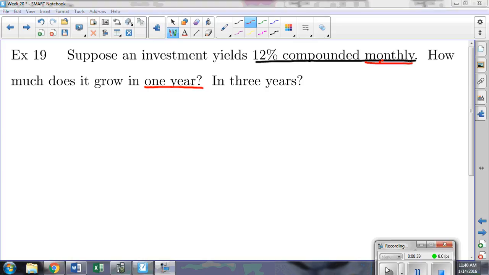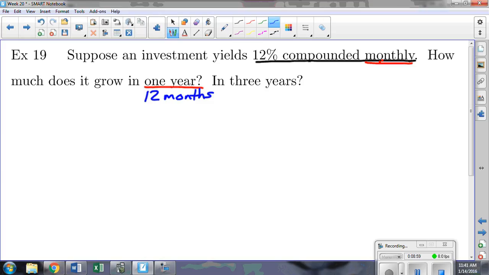Now, in order to progress with this, we need to make certain that the time matches. In order to fix this, let's just do a quick conversion. Let's convert 1 year into months. Okay, so if we have 12 months, then this is telling us we'll start with the original amount of the investment, and if we're compounding it 12 times over 12 months,